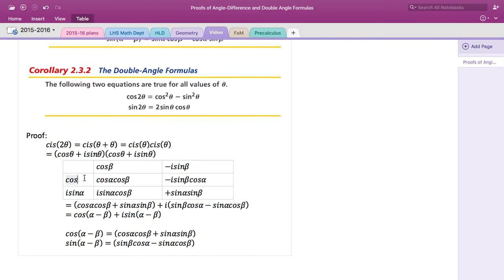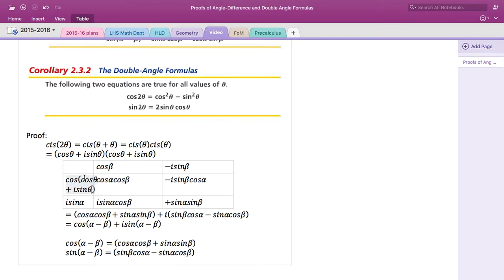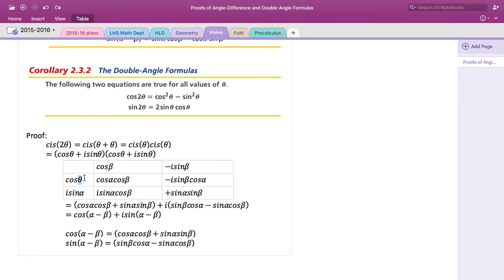So instead of having cosine alpha, we have cosine theta, then we have I sine theta, and instead of having alpha and beta, we just have theta. So what's cosine theta times cosine theta? Well, it's just cosine theta squared,